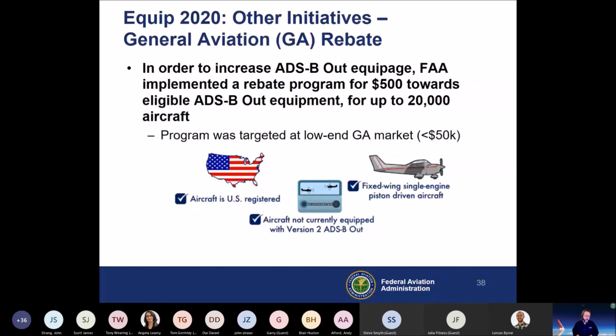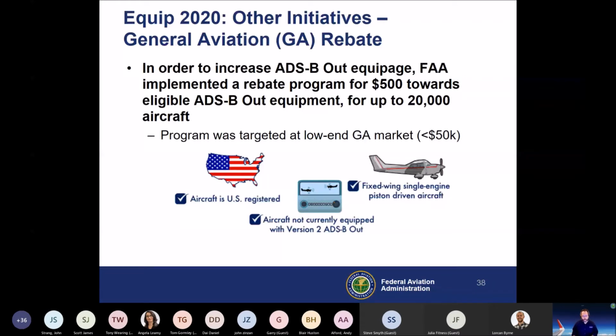One of the things that came out of this process was a rebate program. Early on, we realized that there are 300,000 registered aircraft in the U.S. That's a huge population of aircraft. We didn't have to have them all equip. We figured that we probably needed about half of those to equip, because about half will probably never enter or